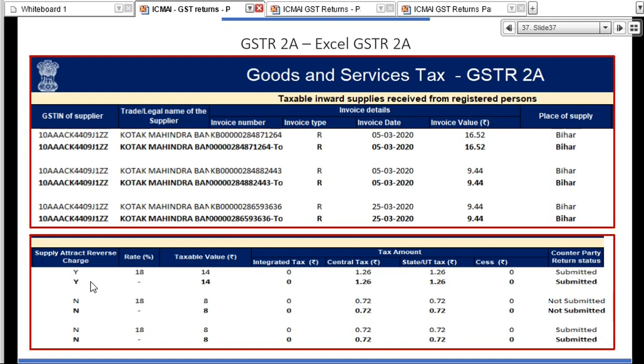In case of reverse charge, yes, I am not going to take input credit on this invoice because I will pay GST on reverse charge. So based on this two-way entry, on reverse charge yes, I will not take GST credit.